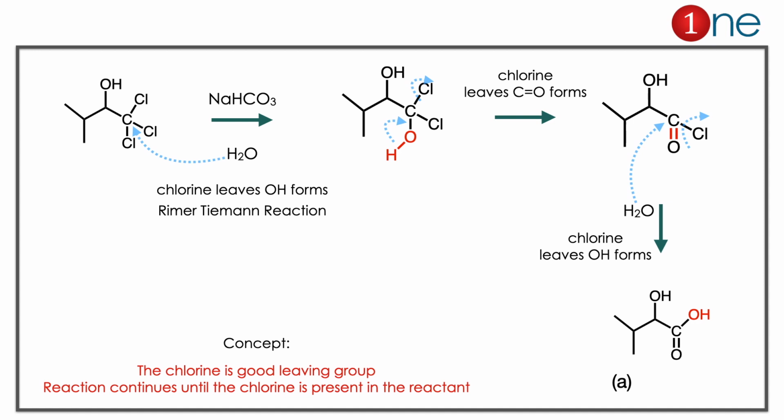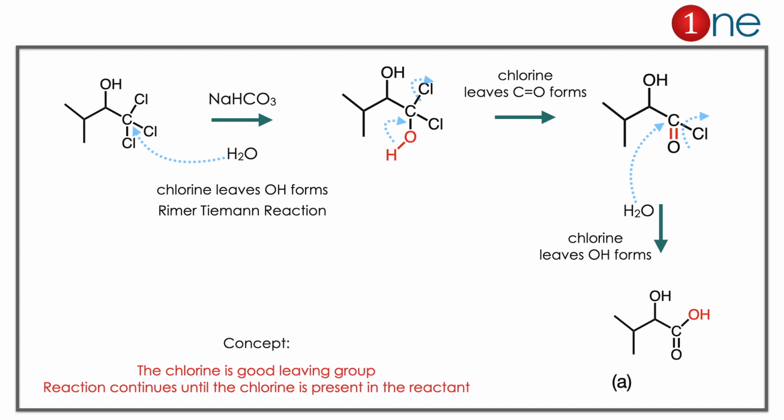Here in the starting material you have chlorine and you have water. What really happens is chlorine is a good leaving group. So always you attack with water, chlorine leaves. There are many attacks of OH. Let us see. The water attacks, chlorine leaves. You have OH there. Again chlorine is a good leaving group. The hydrogen leaves. You have acid chloride formation. Then again water can attack, chlorine leaves. Finally you got the acid.